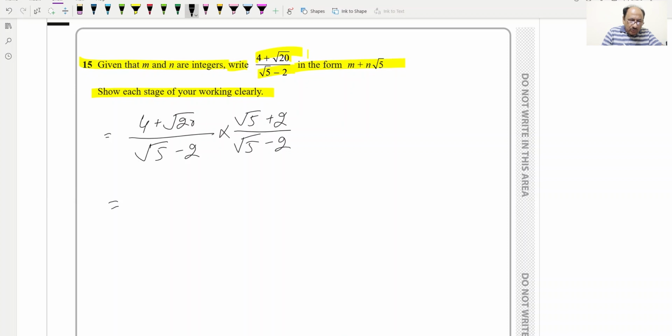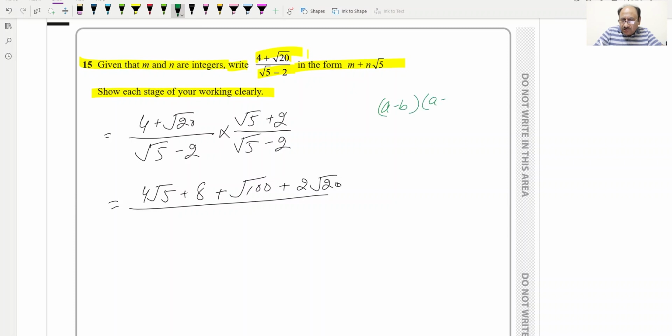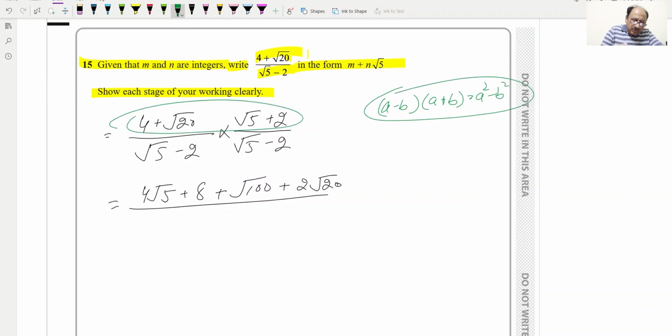And now we can multiply 4 into under root 5, so it will be 4 under root 5, and then 4 by 2 plus 8, and 20 into 2, so plus this will be under root 100, and plus this will be 2 under root 20, and divided by this will be a minus b and a plus b. a minus b into a plus b will be equal to a squared minus b squared. This formula we will apply on the denominator, this one. So this will be